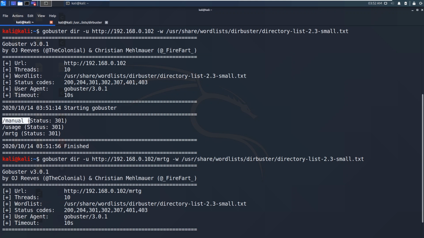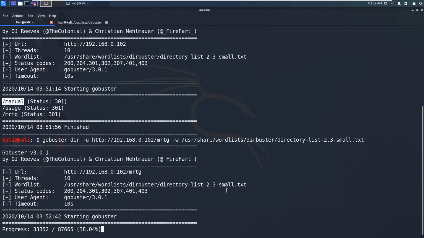You need to take these directories and perform GoBuster from these directories also, so that will be more helpful. It looks like GoBuster did not find any directories from this mrtg. And you can open the web browser and type in this URL, and you will get a response page.